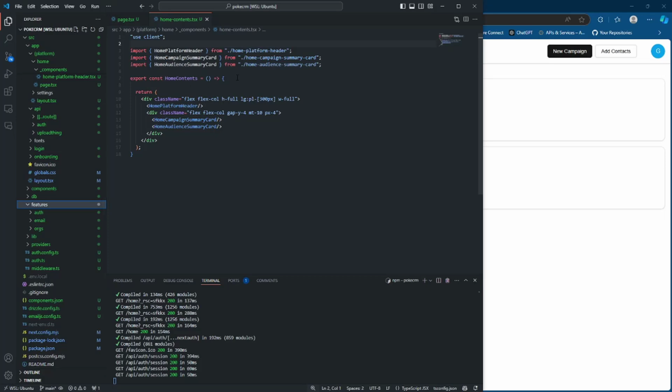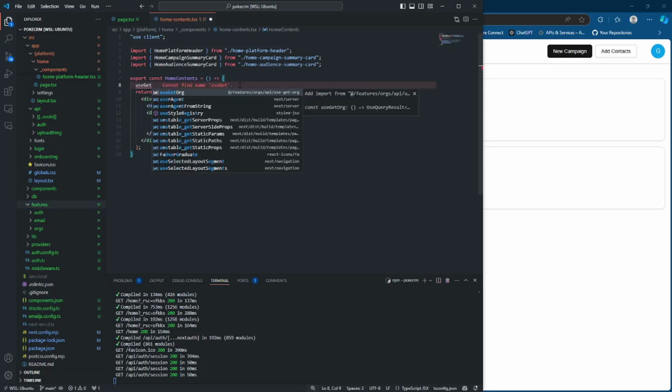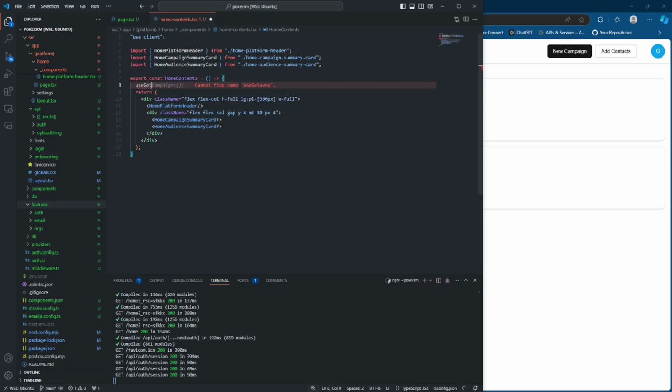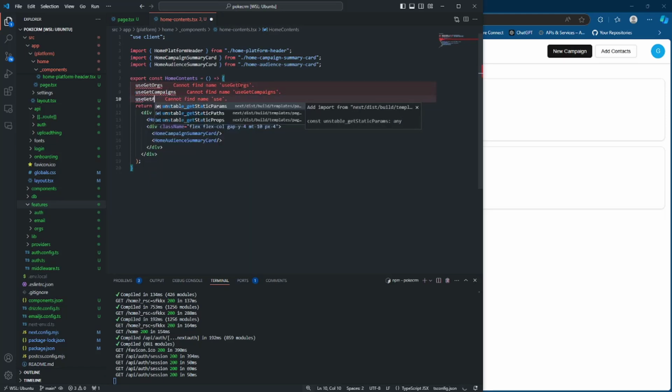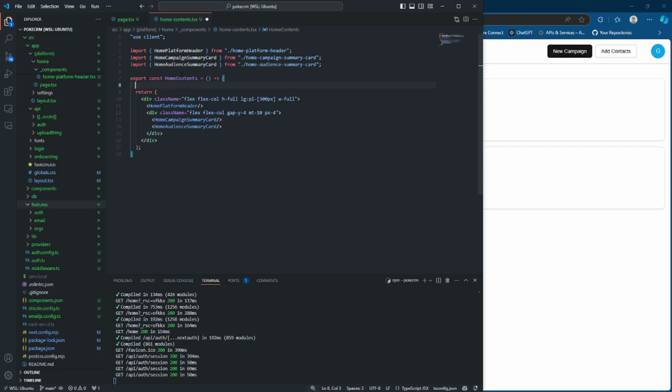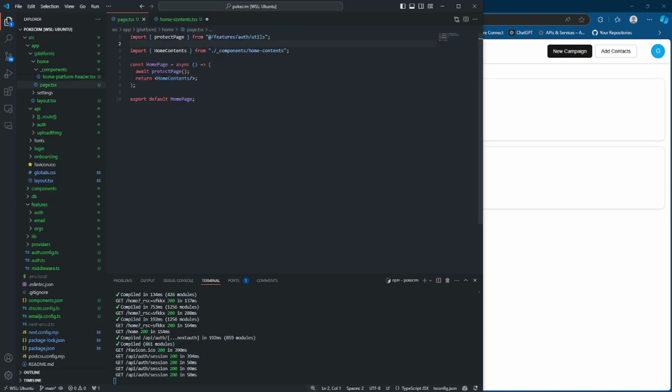I could do those one by one and have a bunch of hooks here, like use get orgs, use get campaigns, and then use get audiences, right? I could do three hooks like this, but really, for page contents like this,